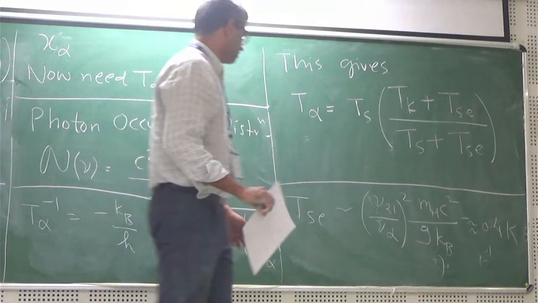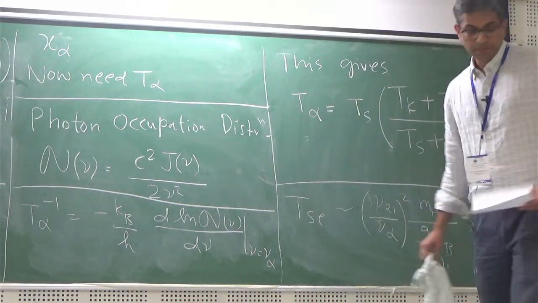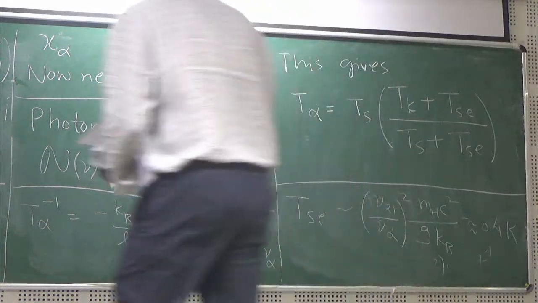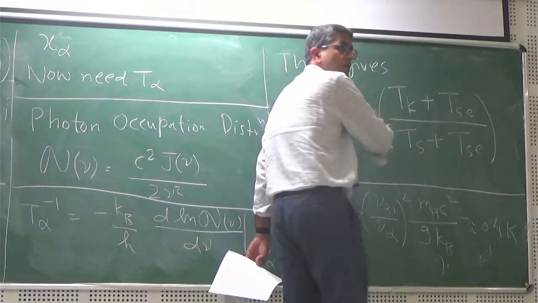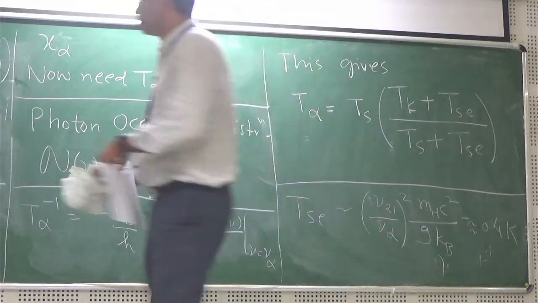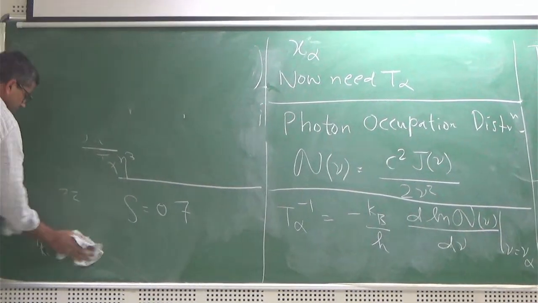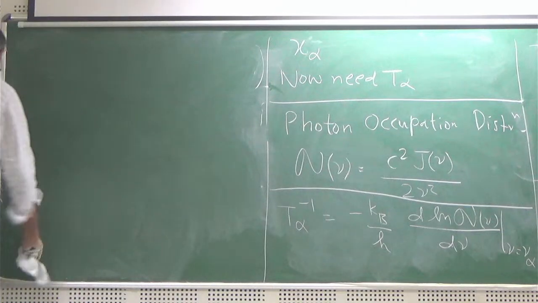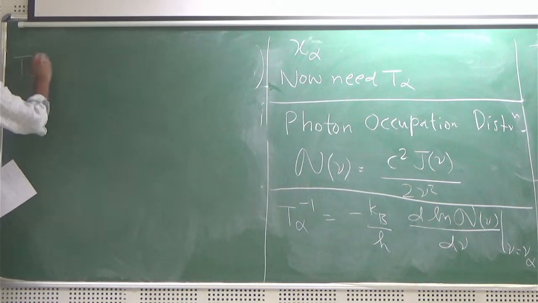It's called Tse because it comes from spin exchange. So if Tse is very small, then you can indeed see that T alpha is approximately equal to Tk, which is the regime we usually operate in. That is the assumption that Kanan made, and that is a reasonable assumption that we all usually make in our work. But the full expression for the spin temperature